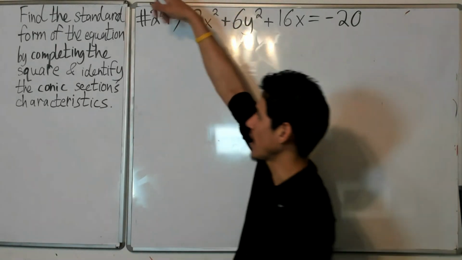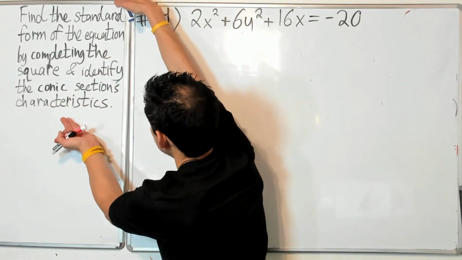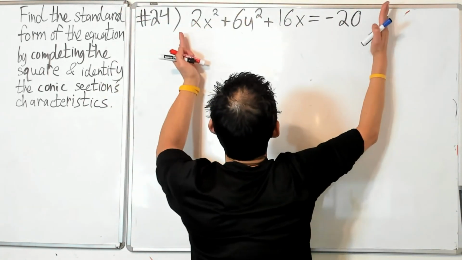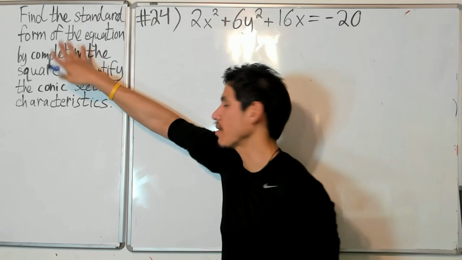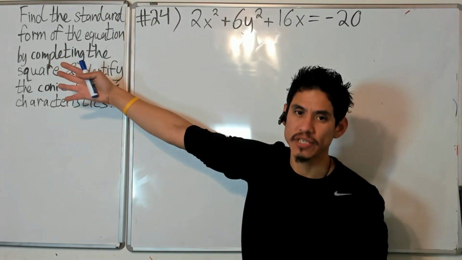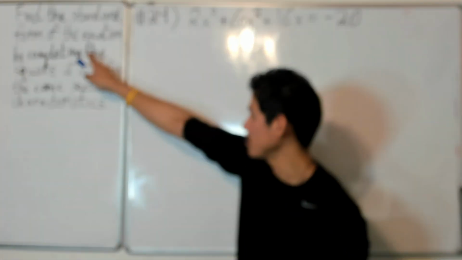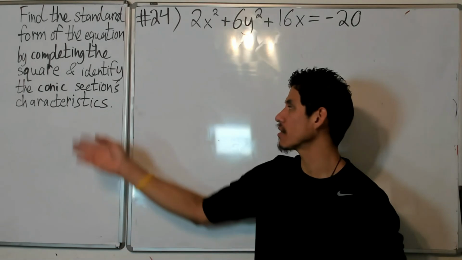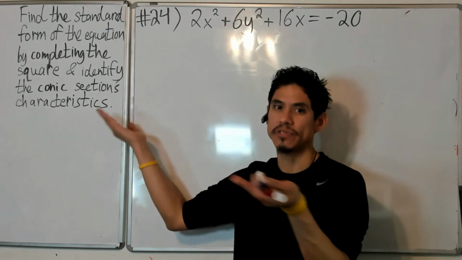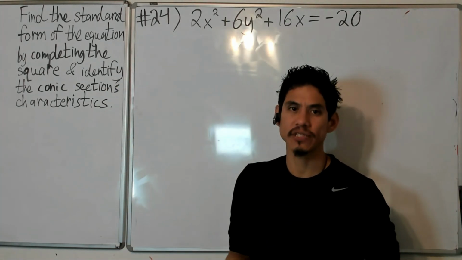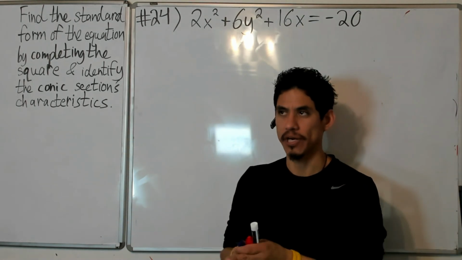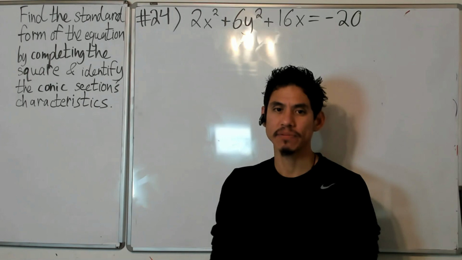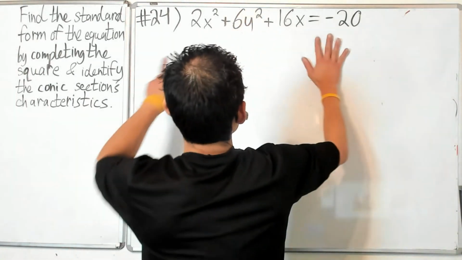All right, I'm going to go over how we can make a standard form from any form of an equation, so that we can find the conic section, the type it is. We're going to use the completing the square method. After that, we're going to identify its center, and if it's a circle, say what its radius is, or if it's a hyperbola, identify the asymptotes, that sort of thing. But first things first,